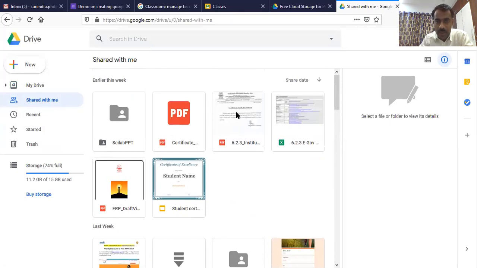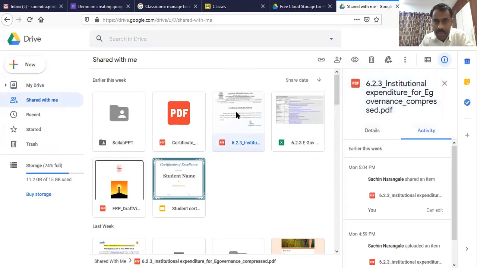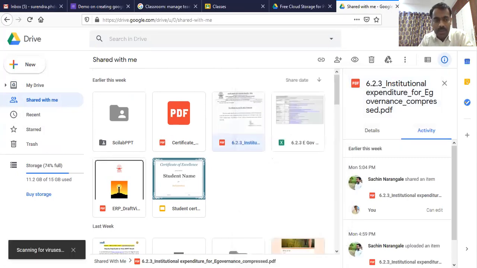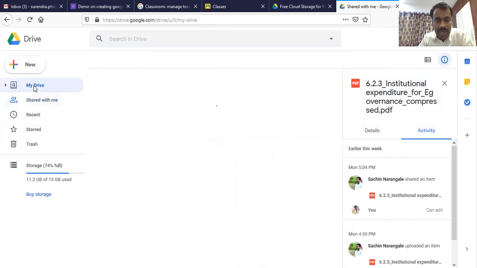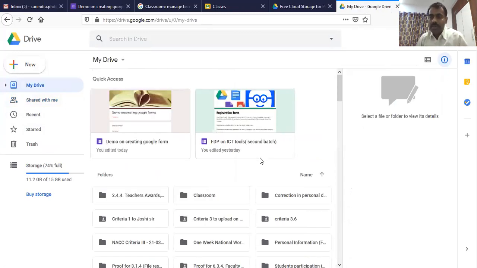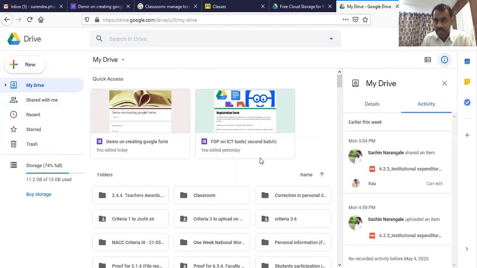And if you want to download this one, click on this and then right click, you can have here option called download. So that will be downloaded to our computer. So whatever files are there, you can download, and whenever you have some files in your computer, you can upload it. Okay, now assume that in my drive some information is there which is, suppose, 100 MB. I want to share with somebody so that they can download and use it from there.